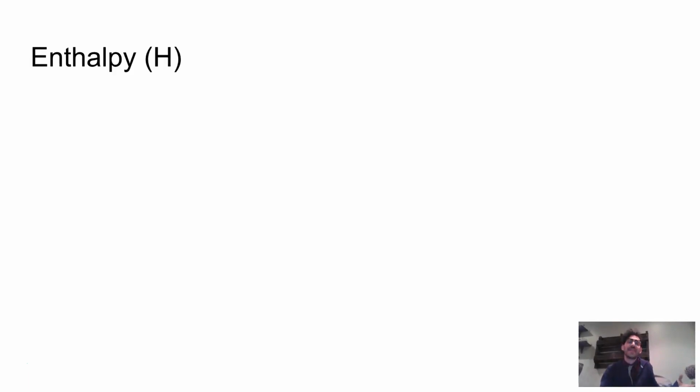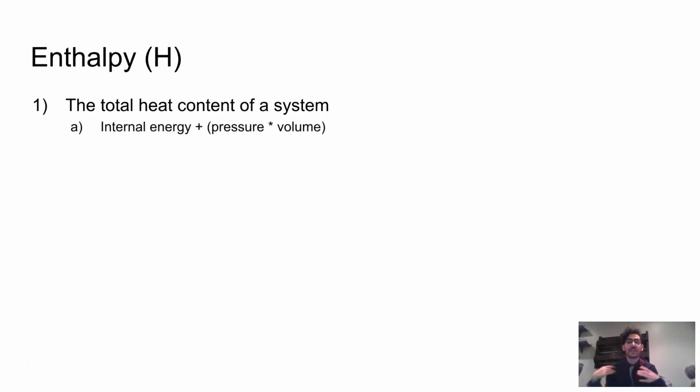So let's start by talking about enthalpy. The symbol is H for enthalpy, and enthalpy is the total heat content of a system. Remember, heat is a kind of energy. We can think of it as thermal energy. And so the total heat content is equal to internal energy plus pressure times volume, which we can represent with